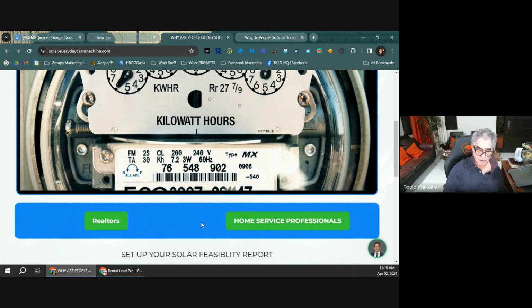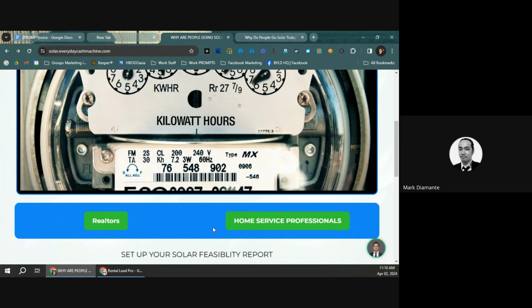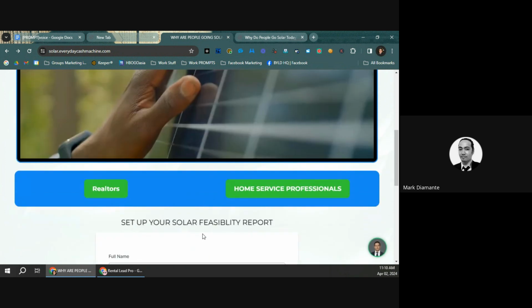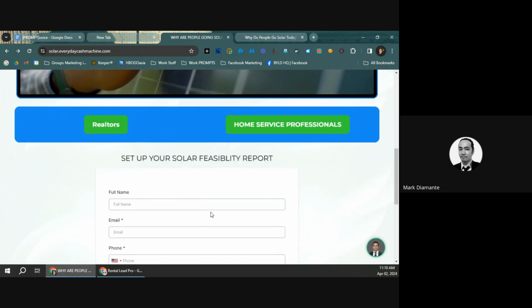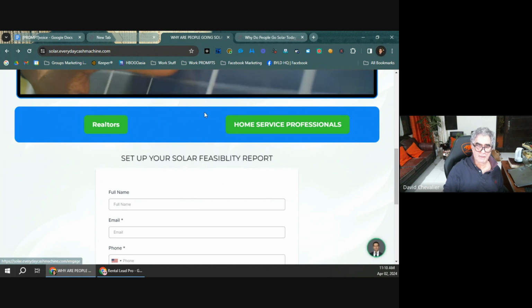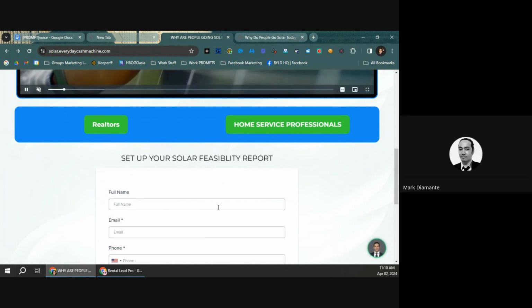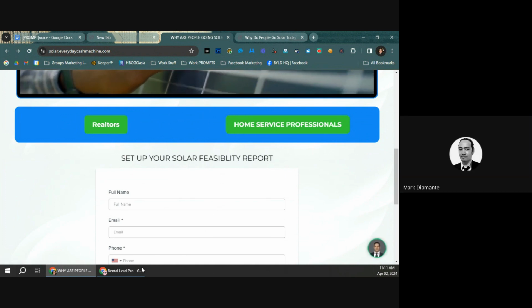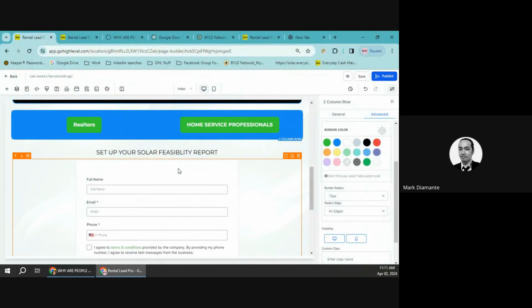Can we make them closer together? Yeah. You can set it so that it will take up the entire space so that it will have the same width. I want to move them closer. I want to make it just so it's closer. Okay. Go back to your Go High Level page, and then